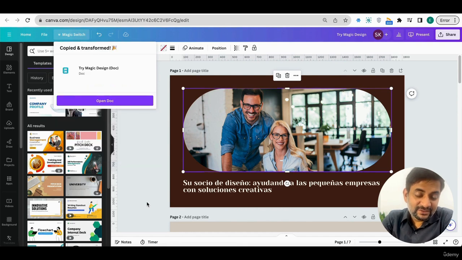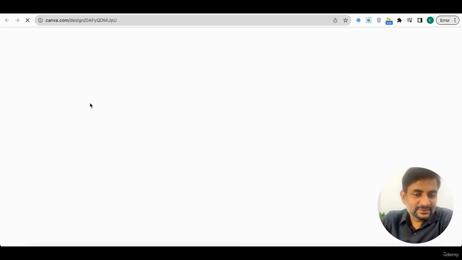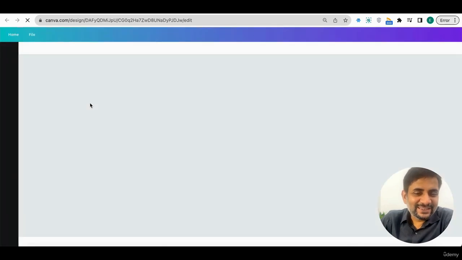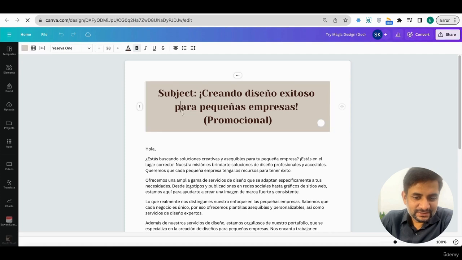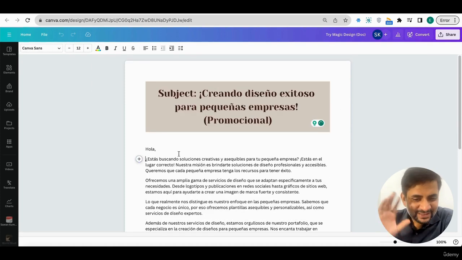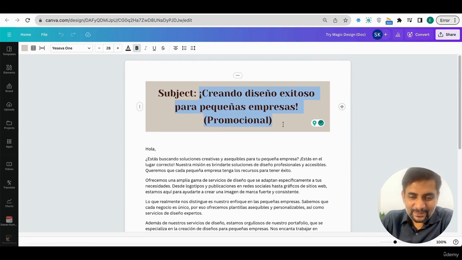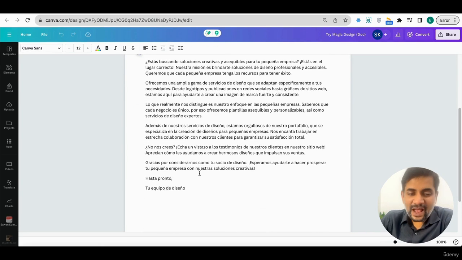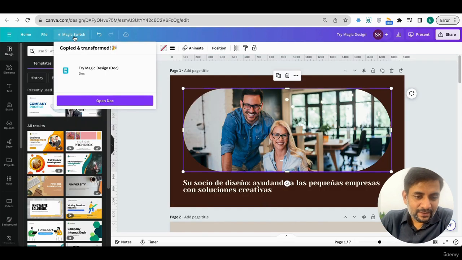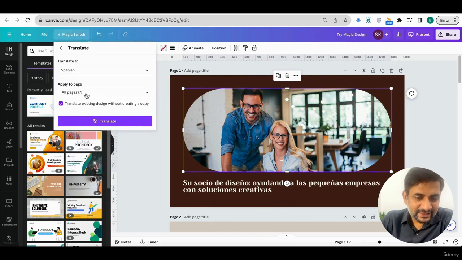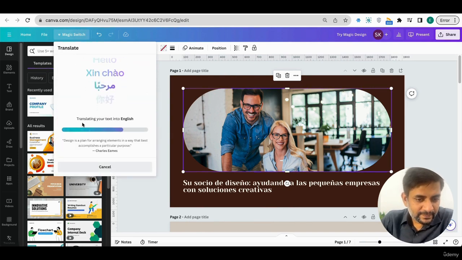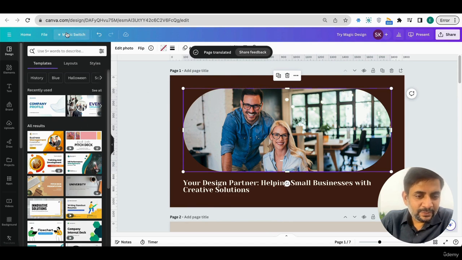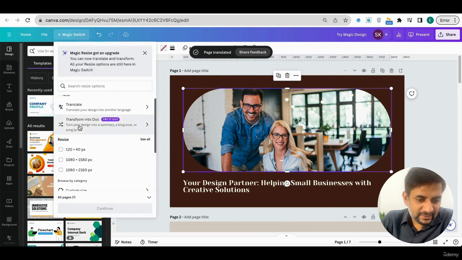Like it says, larger designs may take a little longer. Now we open the doc, and I think we'll have to use the translate option once again. Here we have the doc. Since Spanish is something that goes outside my, but yeah, that's the email subject, and that's the email that we have it changed into. Or what we can also do is translate it back to English. Everything translated back to English, and now we use the